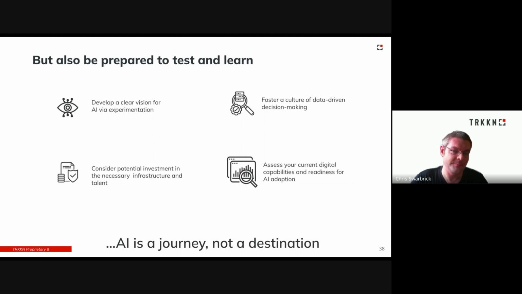At the same time, it would be wrong of us to say that everything with AI is clear and known. Not only can many different factors have an impact on outcomes, but the technology itself continues to evolve. So we also recommend developing a test and learn culture inside your organization when it comes to AI development. It is correct, of course, to have a goal and a roadmap, but also be prepared to adapt based on outcomes. Foster a culture of experimentation to contrast different approaches and determine which is most effective for you.